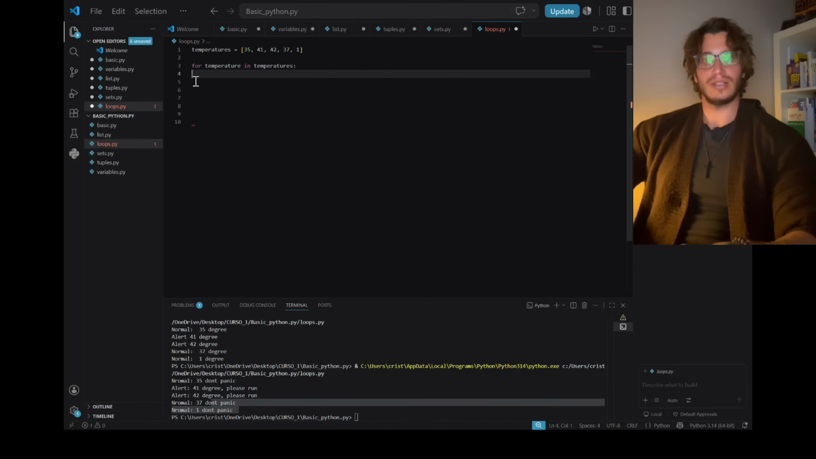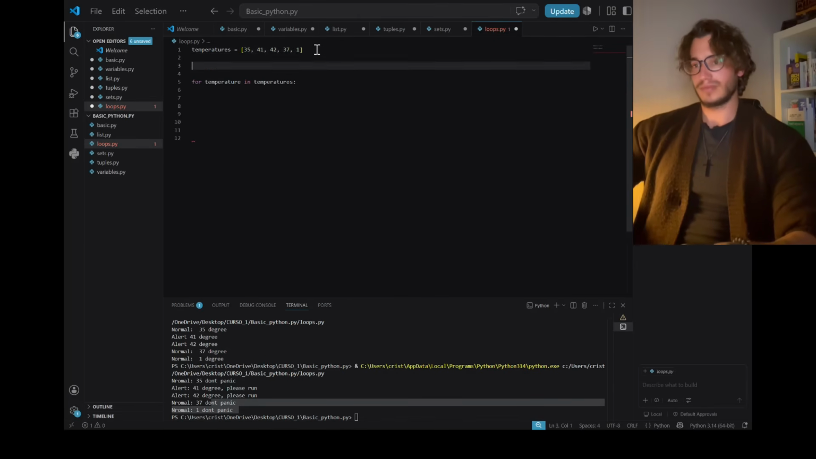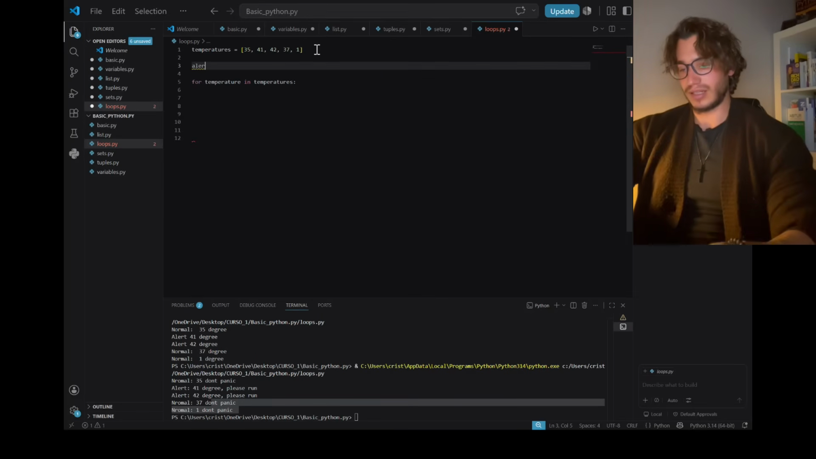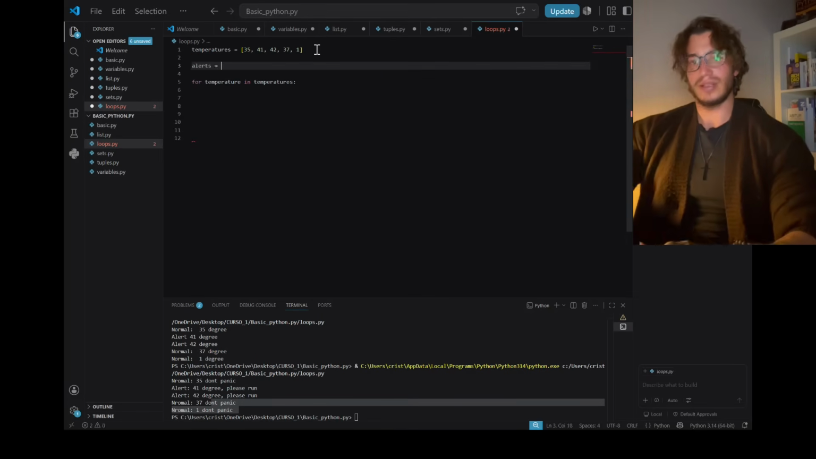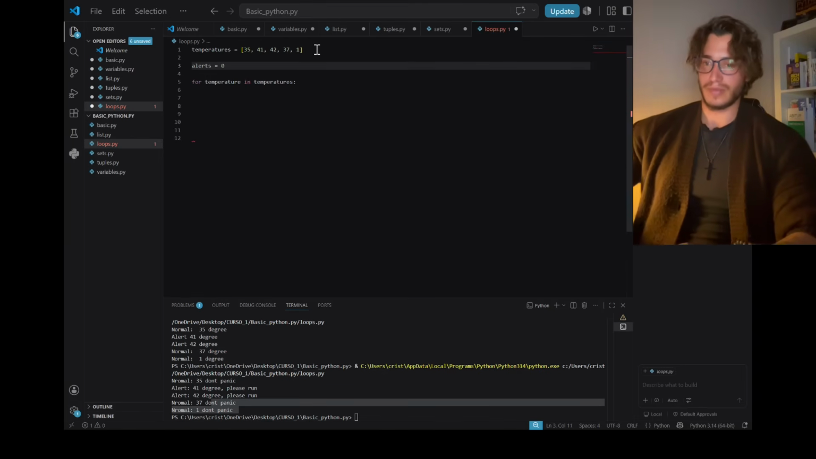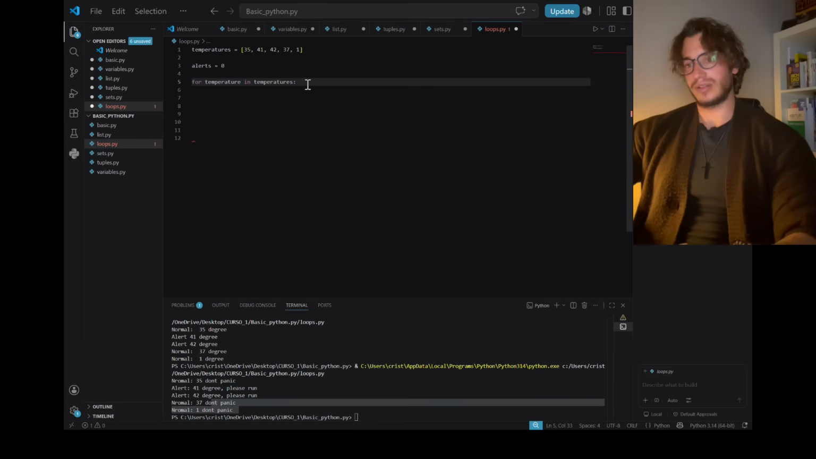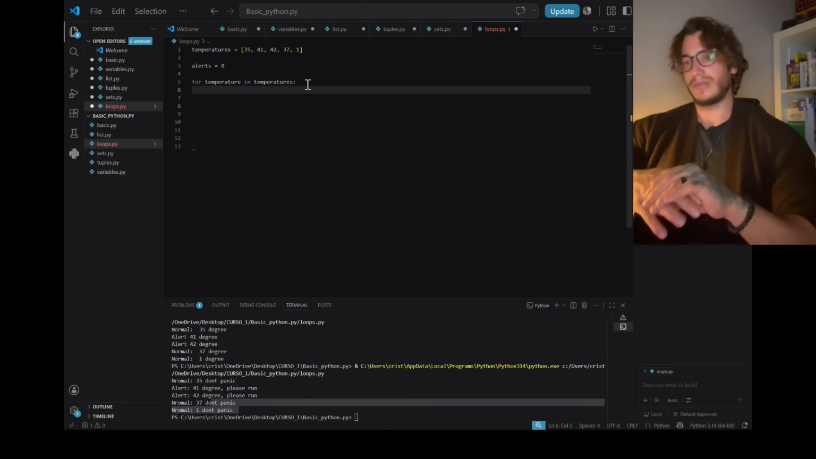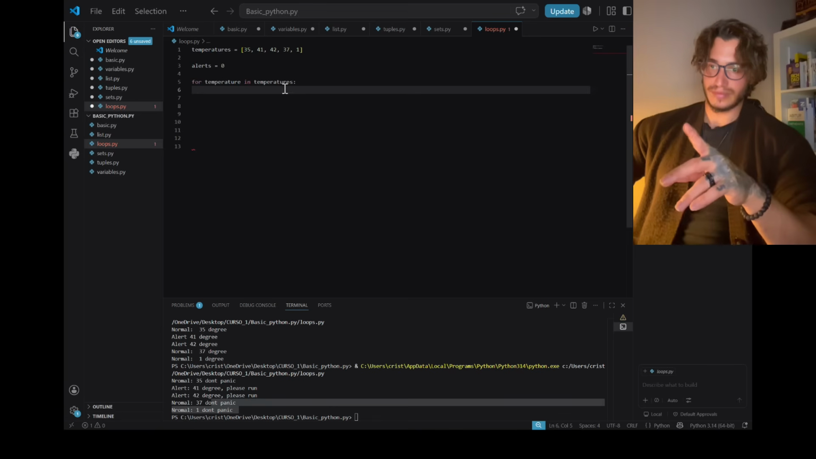Okay, we have here temperatures, and then we are gonna create a variable saying alerts, but the alert is gonna be a total count of 0. And now we're gonna start creating a for loop, and we're gonna say for every element in the list,